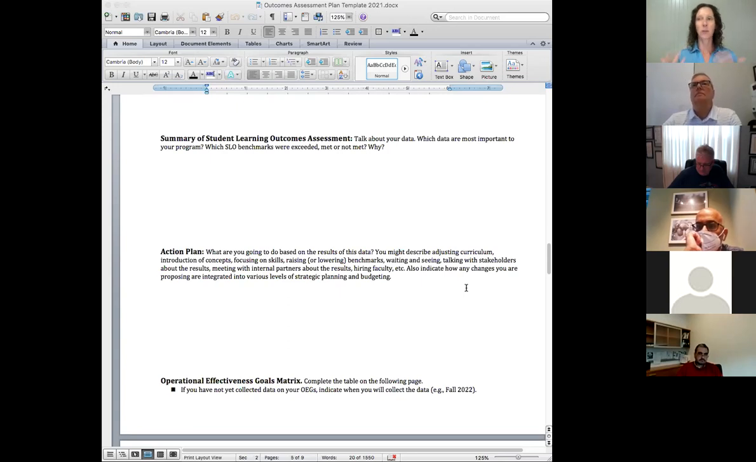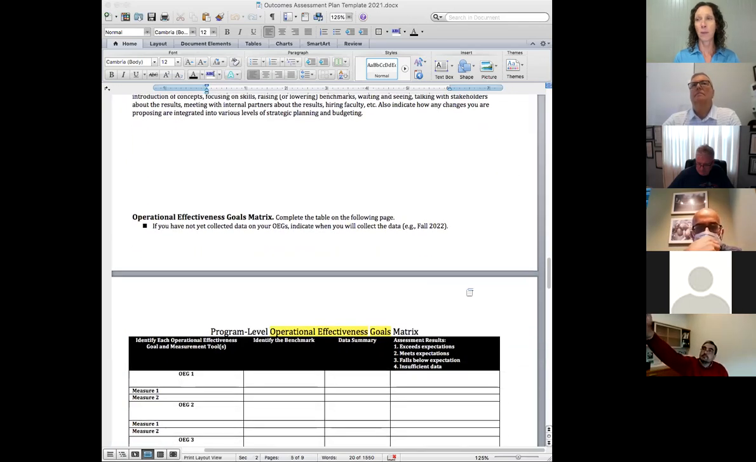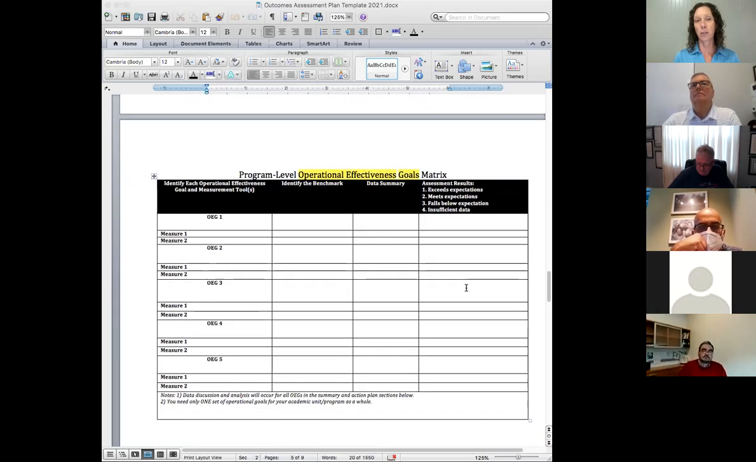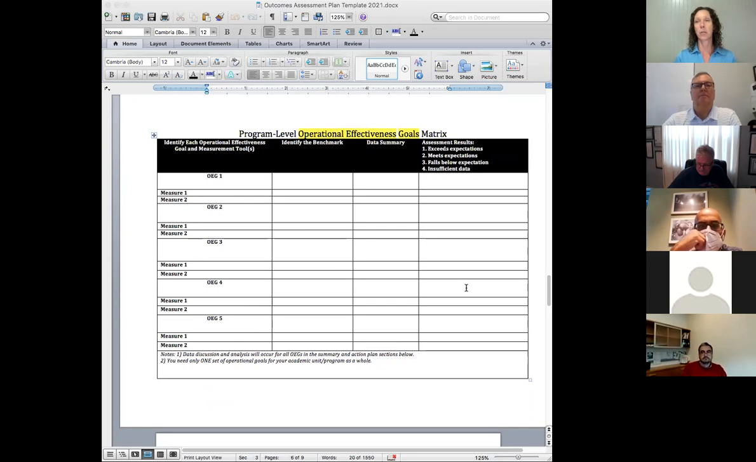So that's a different type of growth that we have seen. And then you have a similar but shorter matrix for the operational effectiveness goals. Again, there are just placeholders here to help you know where to put things. Again, you have a benchmark, and some of this data you may already have being collected on campus, maybe not by you,